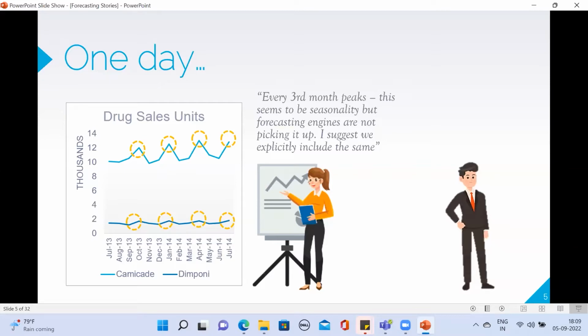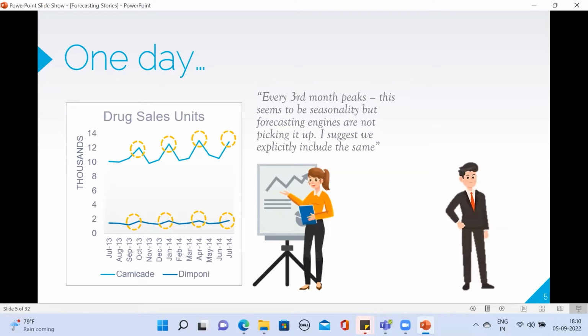Now, for those of us who have worked in time series forecasting, we know that seasonality is a period after which a pattern repeats. So for example, in most cases, you'll see 1 year is the seasonality, whether that's 12 months or 52 weeks, we'll see a similar pattern. So every time there is Diwali, there might be peak of crackers. Every time there is rainy season, there might be peak of